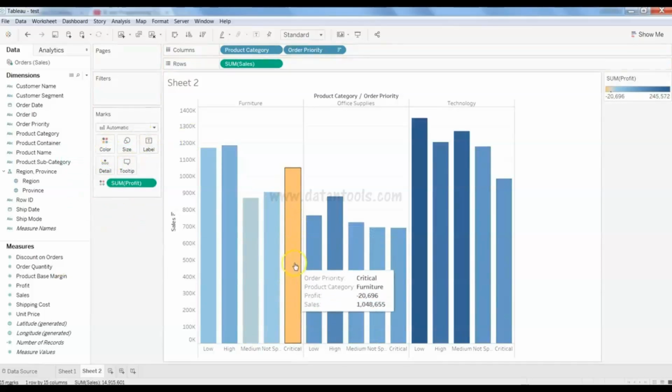Here in this case it is a critical one and it is less profitable. Alright, should I really go ahead with this or not? That kind of question is what Tableau basically helps you ask when you are creating innovative and meaningful visualizations